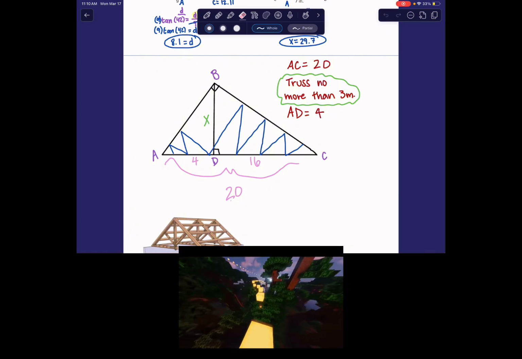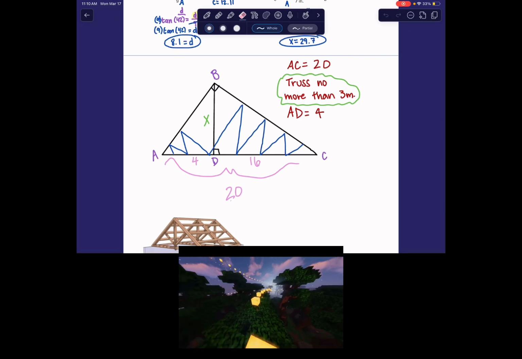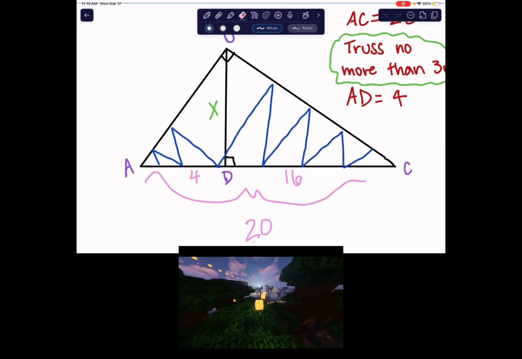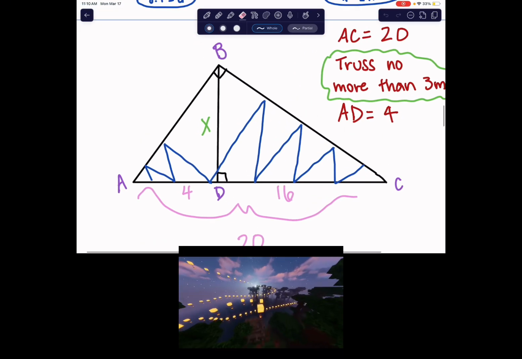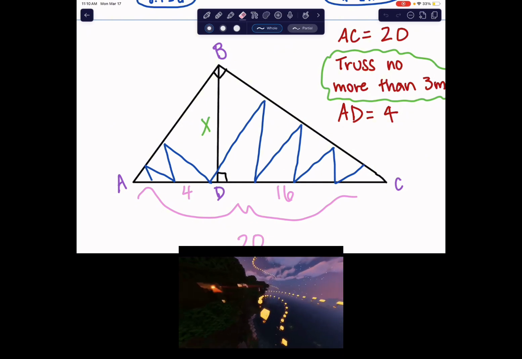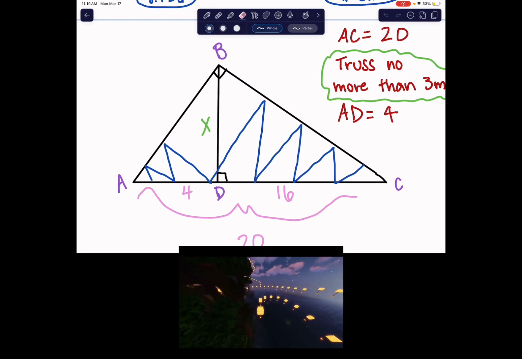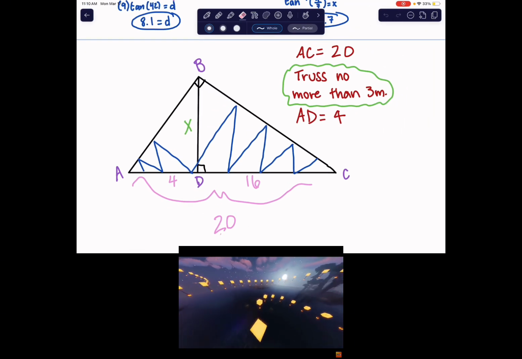So there's a question. I didn't write the words, but it talks about something called a truss, and the picture literally looks like this. Like when you get your test, you'll know exactly what I'm talking about because the picture looks like a triangle with a bunch of triangles inside of it. It's weird. And it gives you a bunch of words, but the main information you're going to pick out is